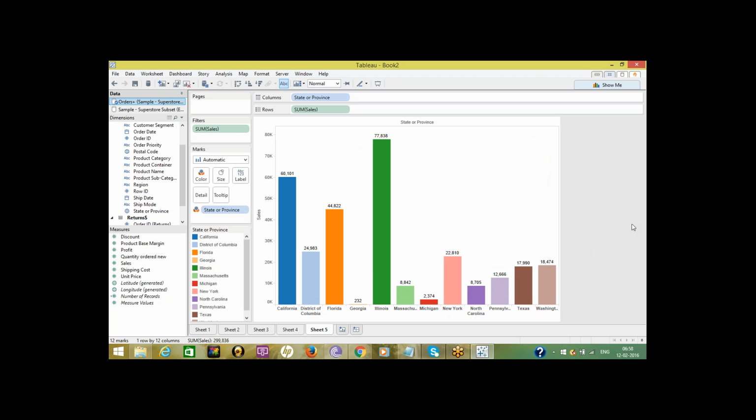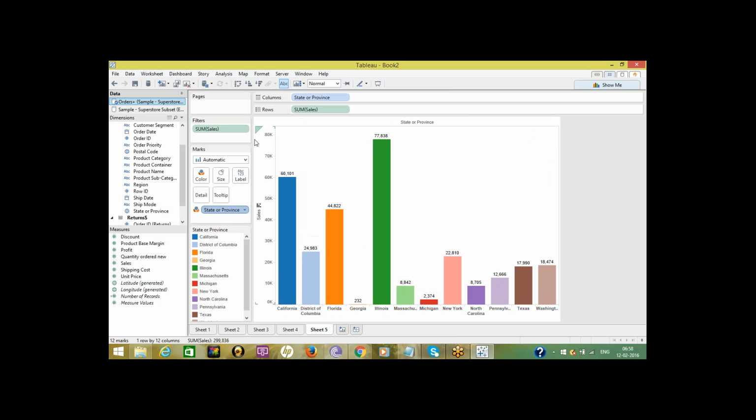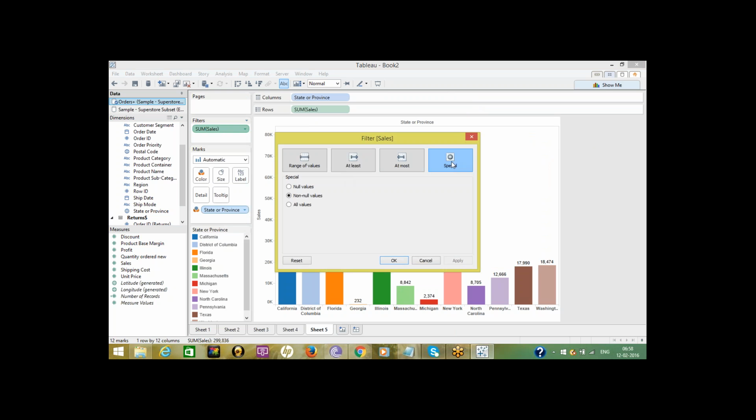Hello, Karthik. Could you show me once again the one which you showed me just now about null values, the special case? One doubt. It's in the measure part, the filter. In the special part, suppose if you click on all values, how can you see the null values? It will display all values including nulls.